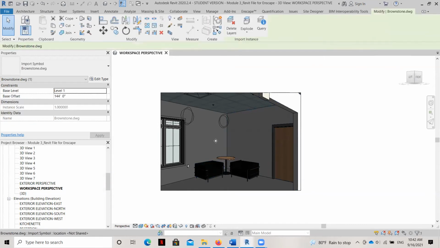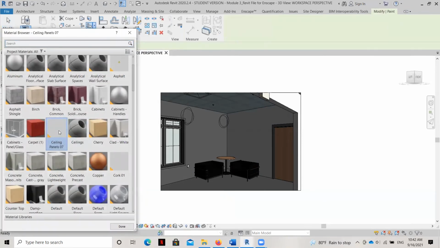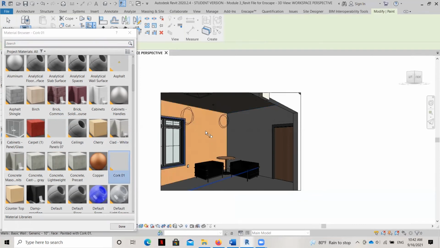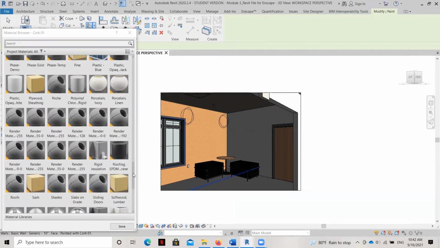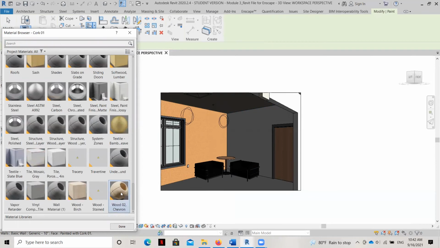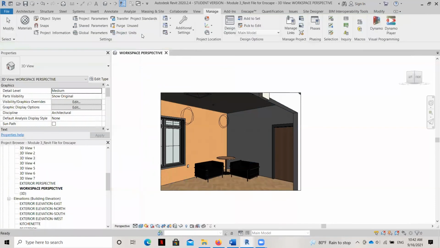I'm going to click within this rendering, and that's going to activate my paint tool. So I'm going to just go ahead and hit the paint button, and I'm going to do ceiling panels, and we'll put that on the ceiling. I'll just hover and click, and there it is. And it should look kind of brown, again, representing that graphic appearance here. And let's go ahead and pop the cork on this wall. If you can't grab your surface, just hit the tab button and it'll cycle through and you can grab it. And then the last thing I'm going to do is apply that chevron floor over here. Beautiful. Okay, so that is how you apply materials. And so let's go ahead now and take a look at the rendering.